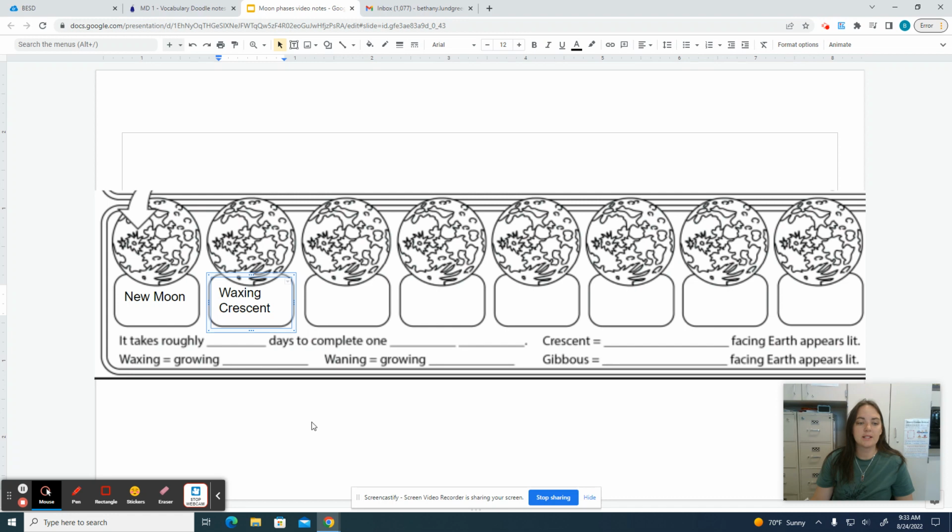Waxing crescent, because waxing, if you look down here, waxing equals growing larger. So waxing means that it's going to get bigger. The light is going to grow. Waning, and we'll talk about that over here, is growing smaller. So if it's waning, that means that the lit section is going to get